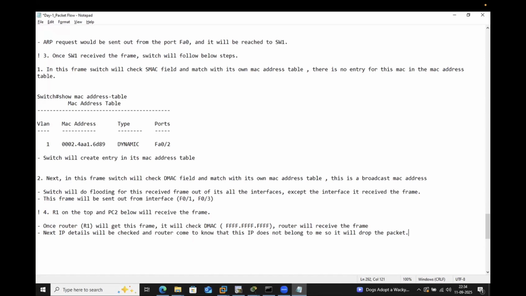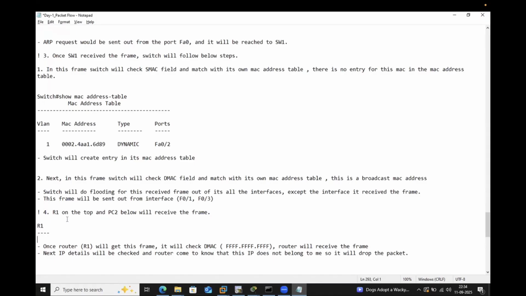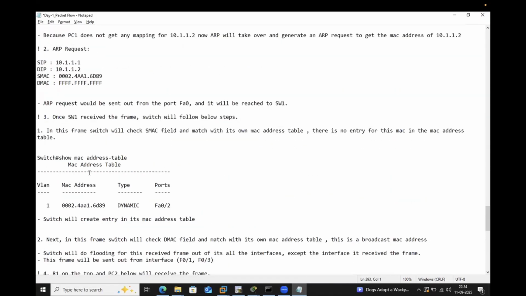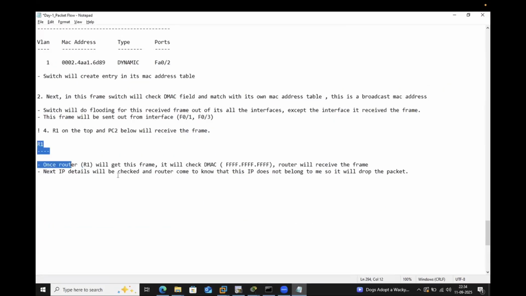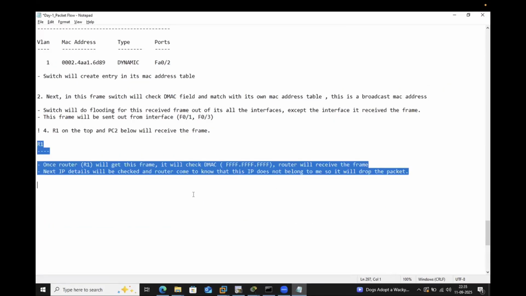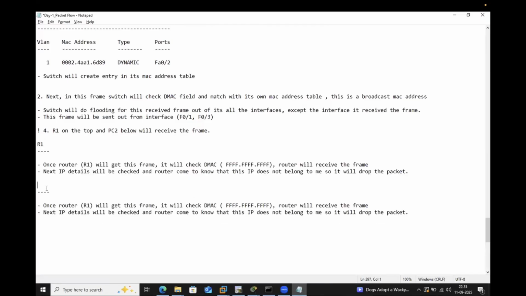So this was for R1. What about PC2? It was for R1, right? So I'm just putting it here. I think you are finding this notepad and the notes helpful, right? Once you are doing revision, you will have an idea how this thing is happening. So let me paste it here. And that is PC2. Once PC2 gets this frame,